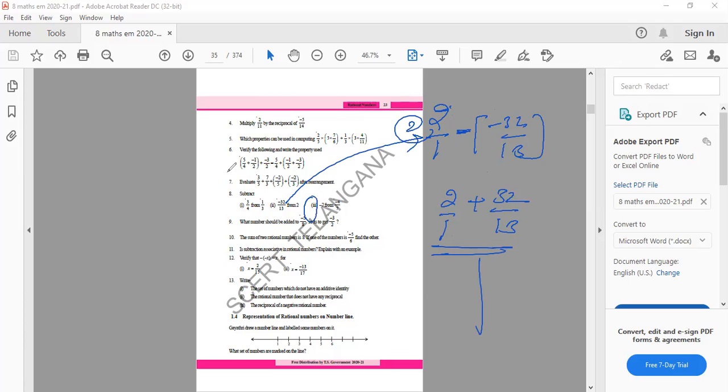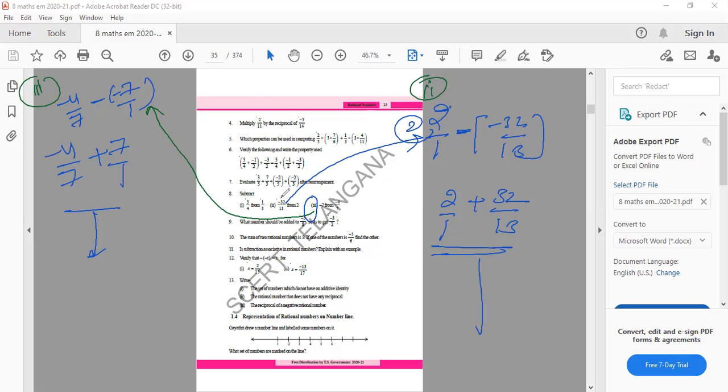Next, here also we need to take clarity. The third one is minus 4 by 7 minus of minus 7 by 1. So minus 4 by 7 minus into minus, plus 7 by 1. From this you will continue. First of all, you have to understand this is the third one here, and this is the second one.